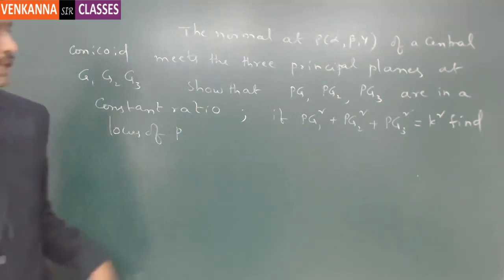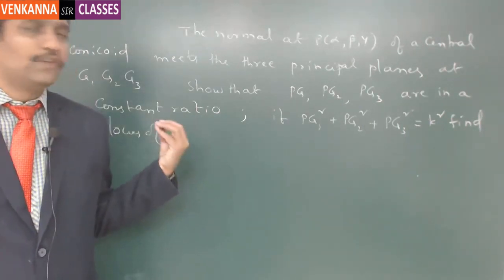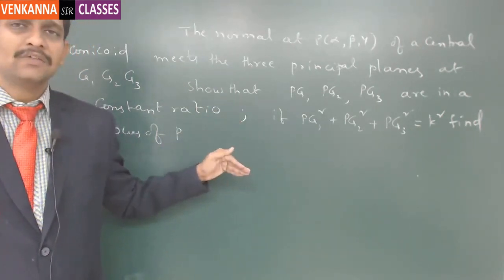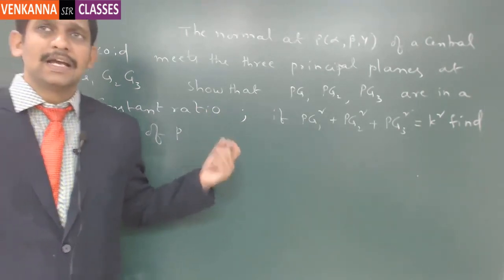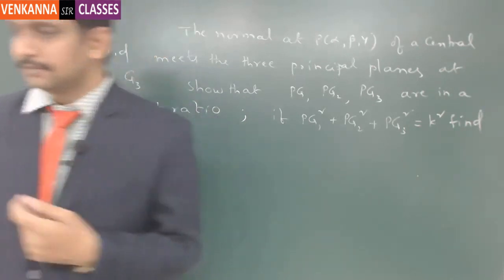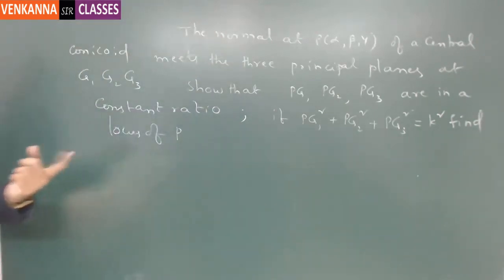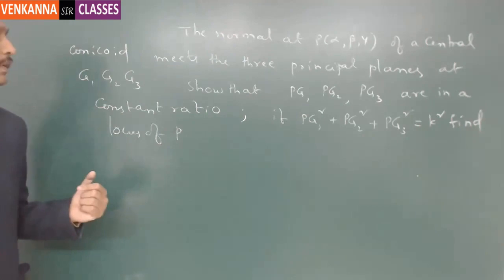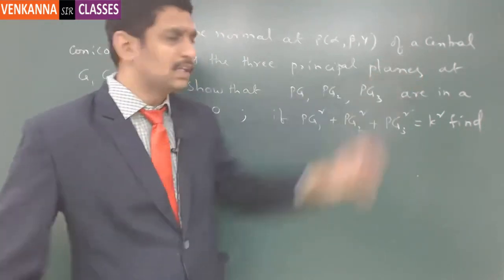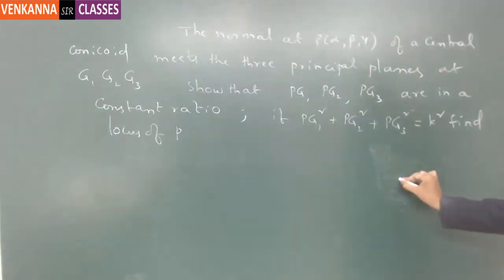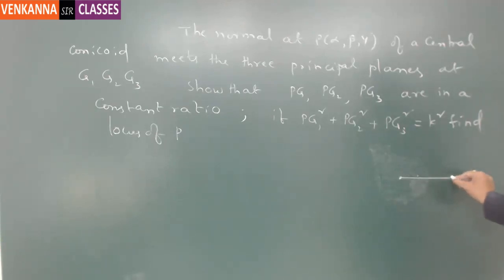In this problem, we need to understand the problem statement very carefully, and while evaluating the answer, we should be cautious in taking the exact normal equation. Right. So let us start with the approach. See, I have considered the conicoid. Say, this is the center of the conicoid. By default, the center is nothing but the origin. So let us imagine that this is the x-axis,